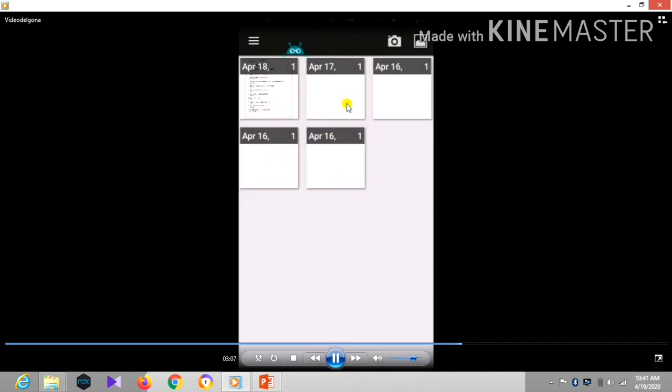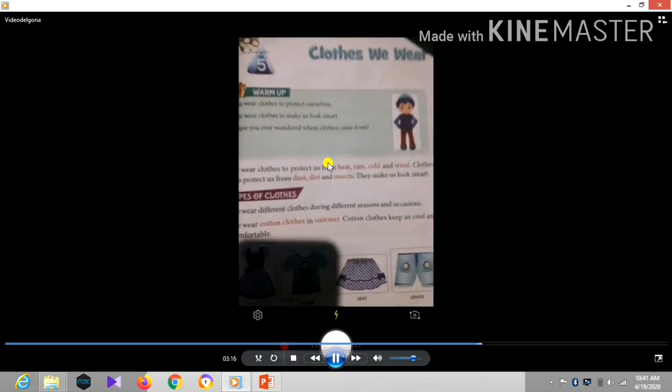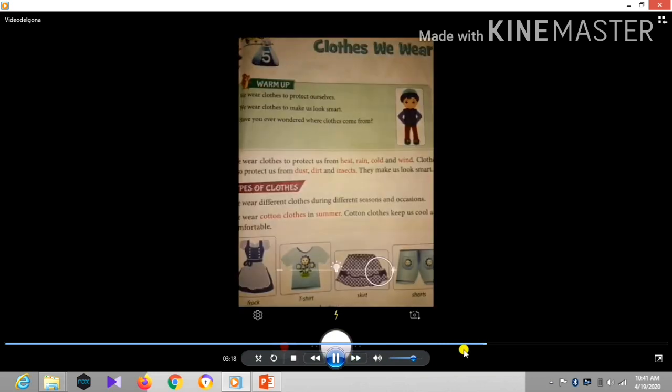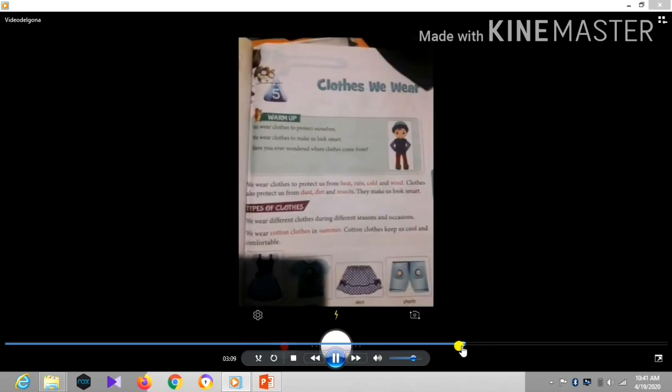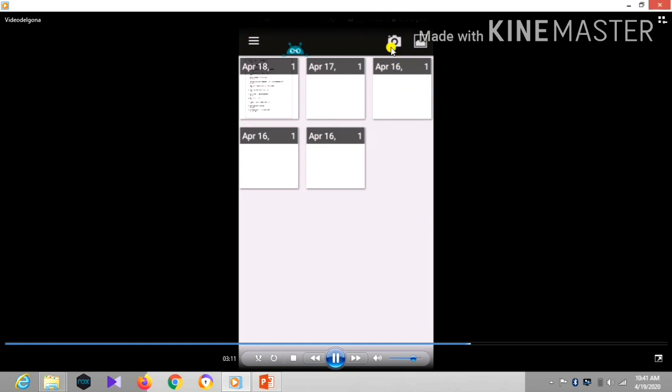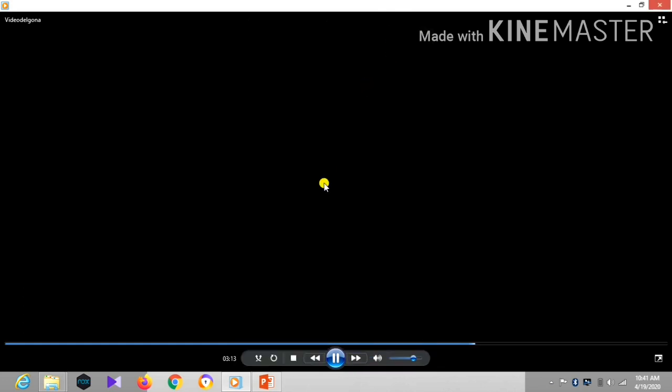You see, or you can directly, if you want to copy text from an image, just open the camera option. I'll show you. You see, I click on the camera button, and you take any picture from any book.